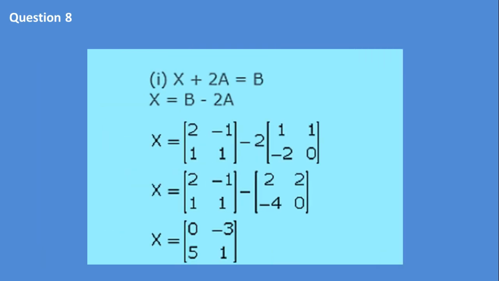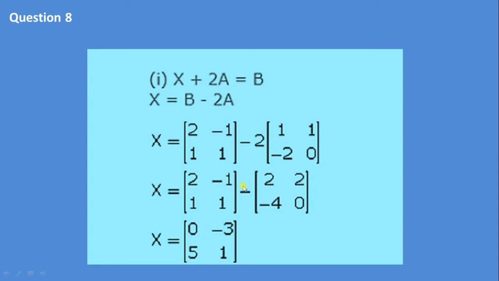Refer to your textbook for the question, children. Matrix A and matrix B are given. We need to solve for the matrix X on a condition. The first condition: X plus 2A is equal to B. So we know matrix A, we know matrix B, we need to find the matrix X. So let us rewrite the equation in such a way that we get matrix X. So X is equal to B minus 2A. Write down the elements of B minus 2 into matrix A. In the first step, multiply all the elements of matrix A by 2, and in the second step, subtract the corresponding elements of B and 2A.